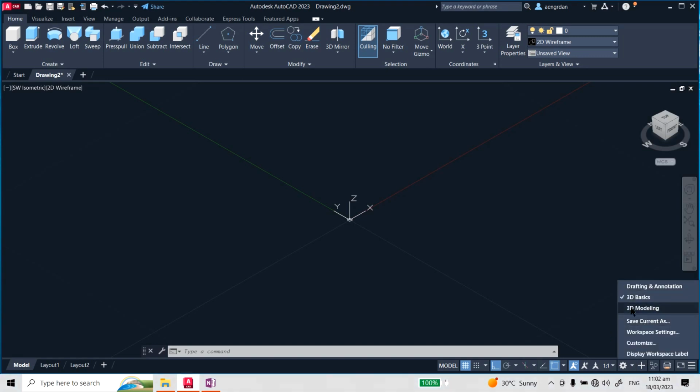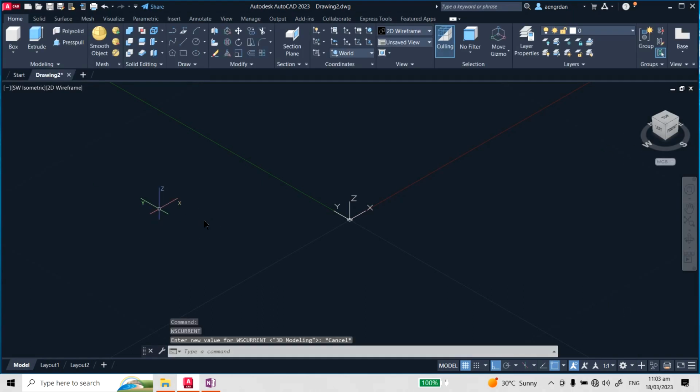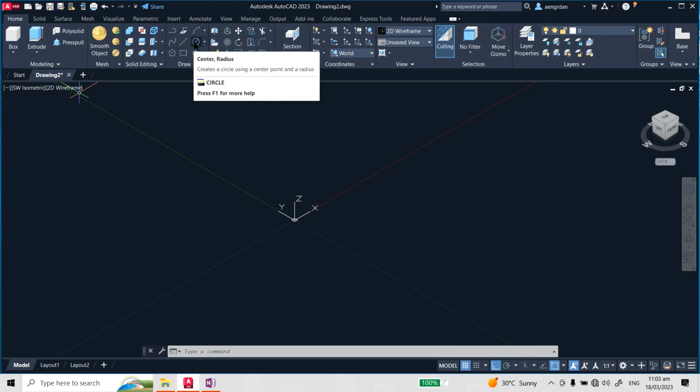The 3D modeling workspace, actually it's something like an extended version of these 3D basics. So we're going to click this 3D modeling. In this home tab, you can see it's something like an extended version. As I've said, we also have these draw tools from the 2D workspace. We have these polylines, we have the lines, we also have the center, radius, the circles. So there's a lot right here that's also present